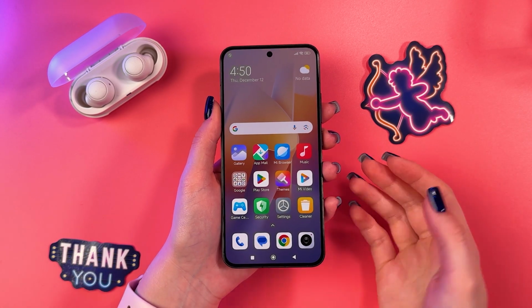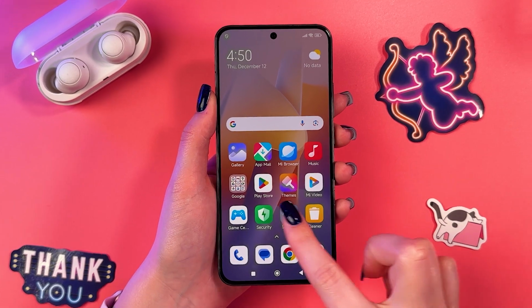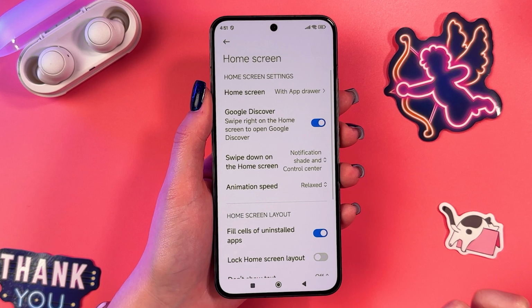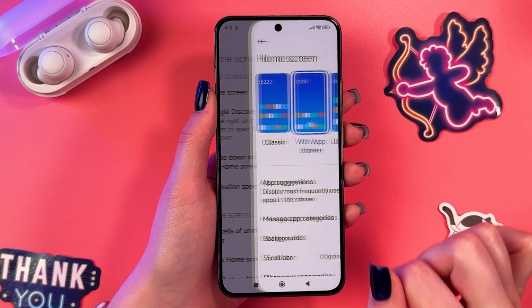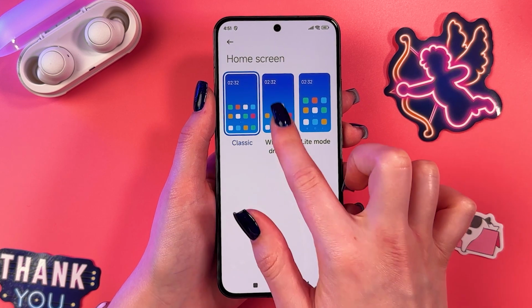Hi, to enable and disable light mode on your Xiaomi 13, we will need to go in the phone settings first, and from here select home screen tab. After that, go in the home screen, and now you can see there's three options: classic version with app drawer